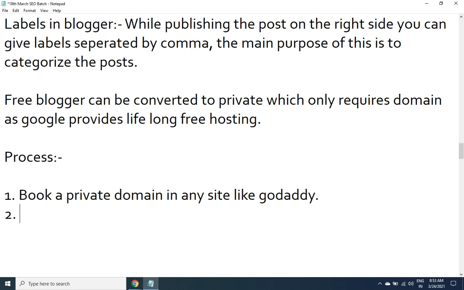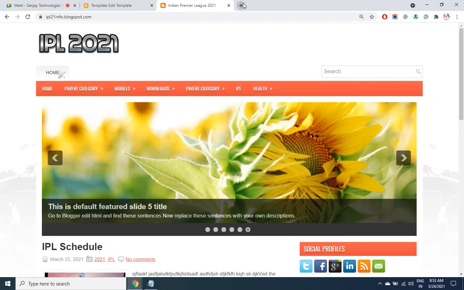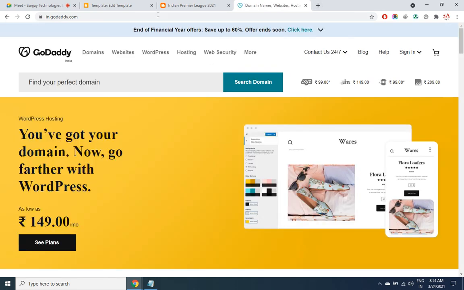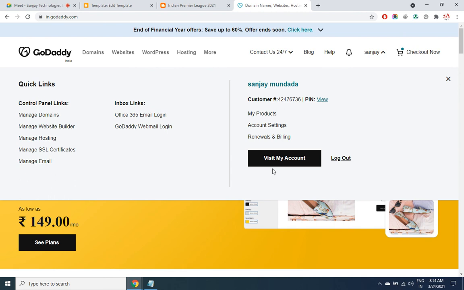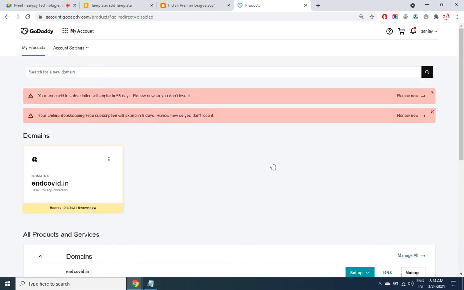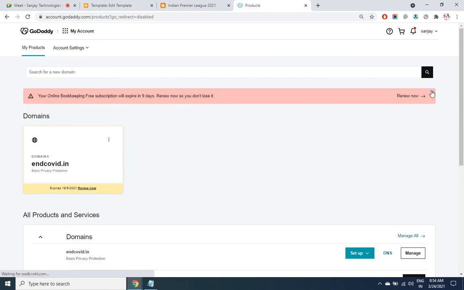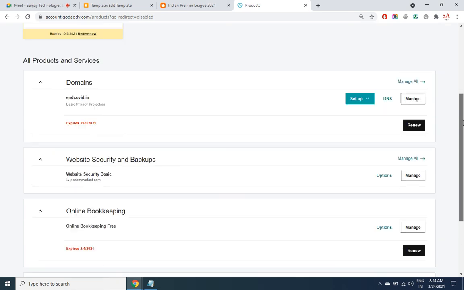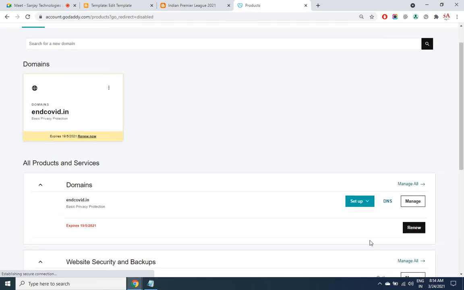If you are stuck during any step of the process, you can always take my help. Firstly you have to go into the website where you purchased that domain. Let's say I have a domain in GoDaddy, which I can see in my account dashboard. Let's say that endcovid.in is my site.